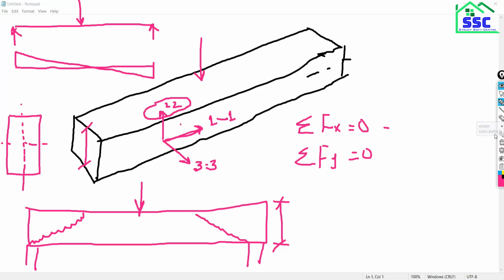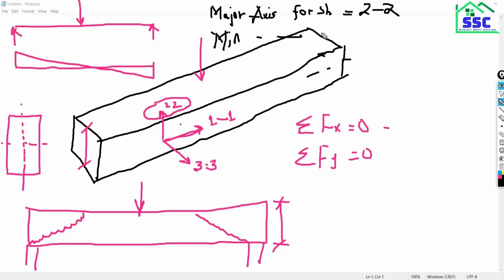So one thing you have to remember here is that the major axis for shear is 2-2, and similarly the minor axis for shear is 3-3.